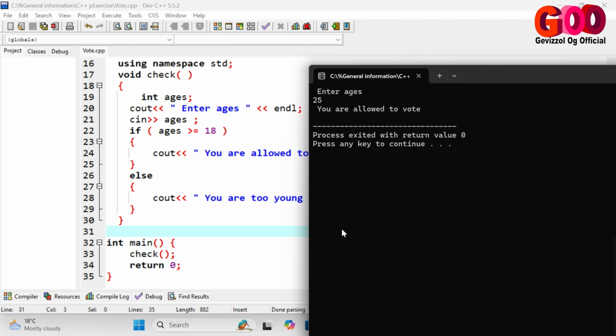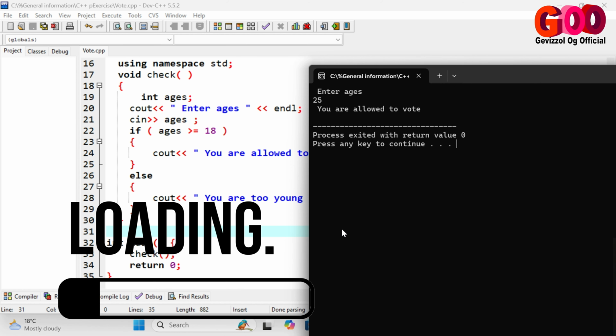And also, as you see here, we used only the function with no return type, no parameter, but there are different types of functions that you can use. So you can ask me for whatever you want about